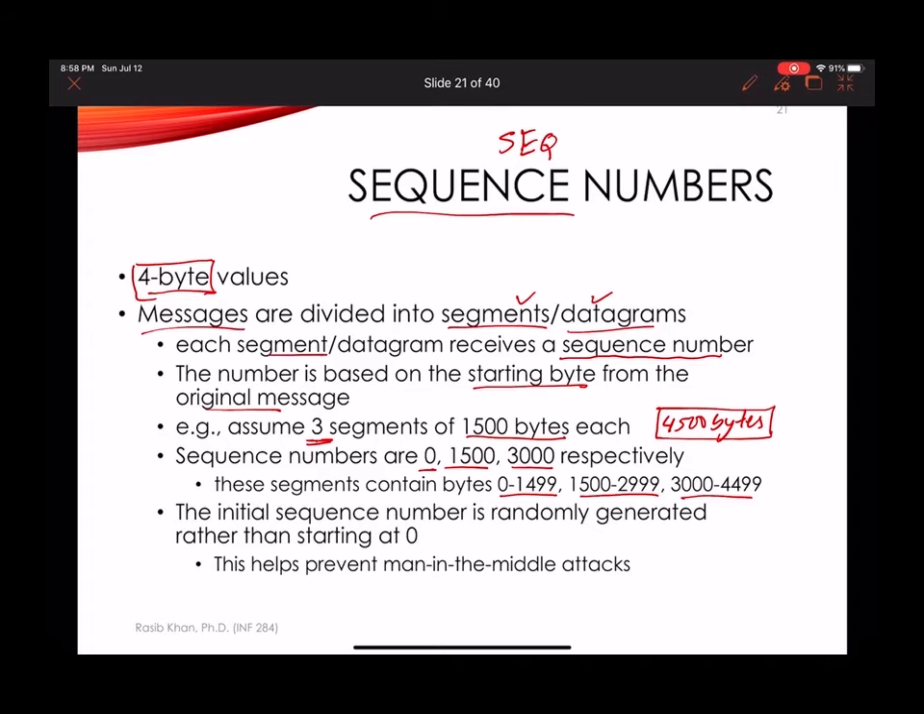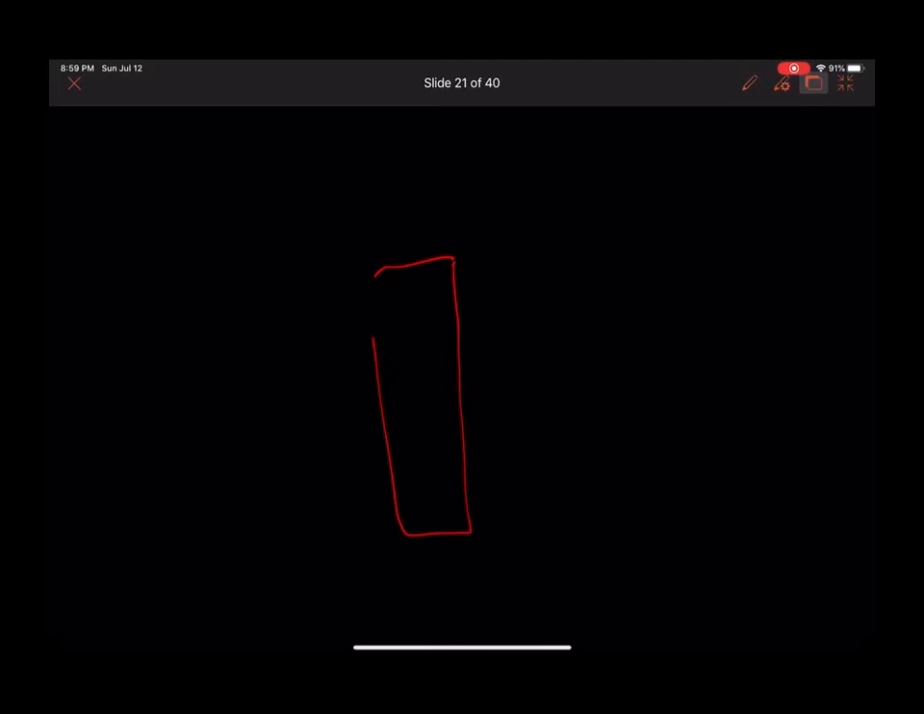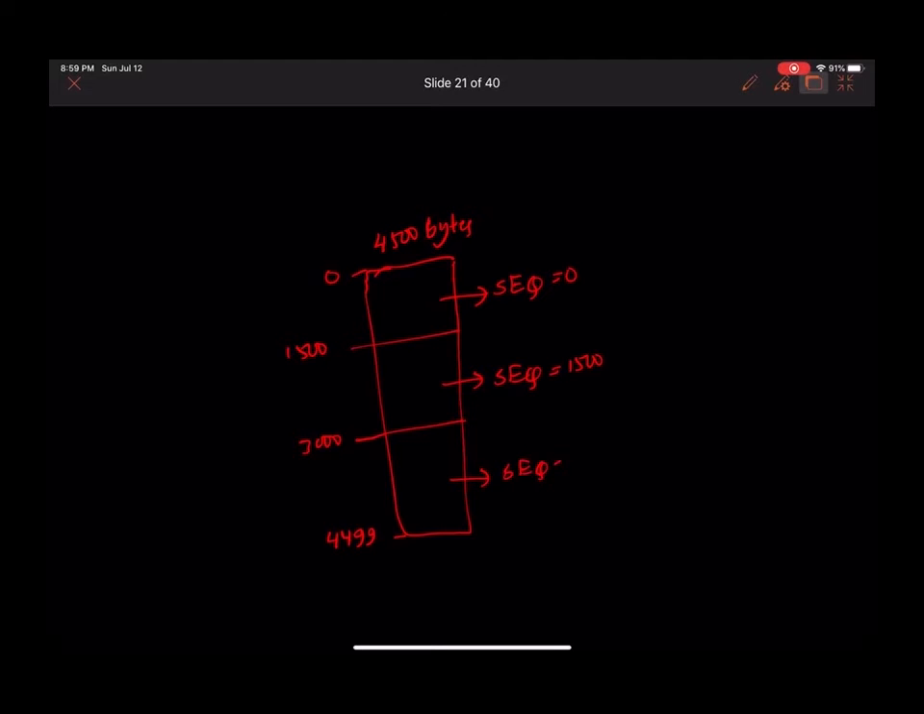Another thing that should be kept in mind is that the initial sequence number, instead of starting at 0, is randomly generated. The way it works is that, let's say, again, we have 4,500 bytes, and it starts with 0, then 1,500, then 3,000, and here we have 4,499, and our sequence numbers are 0, 1,500, and 3,000. So now we add a random value